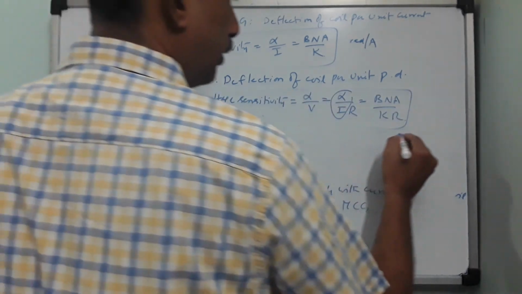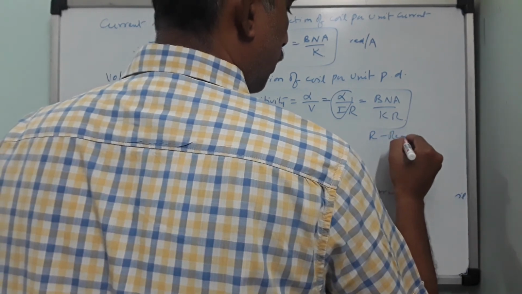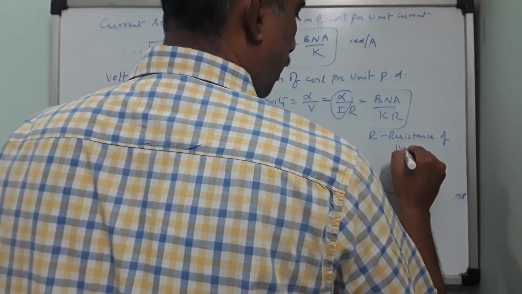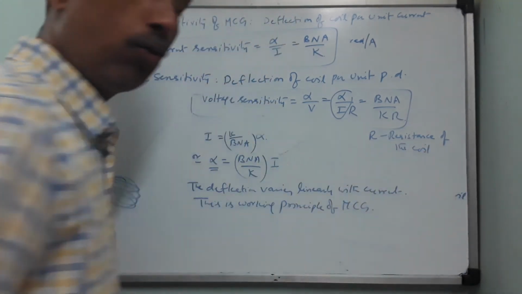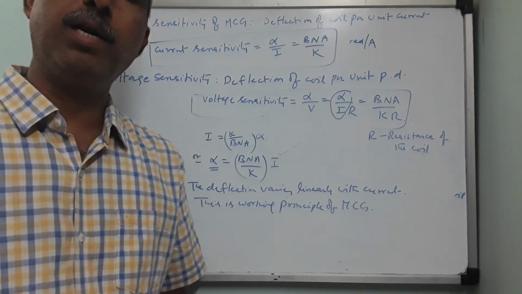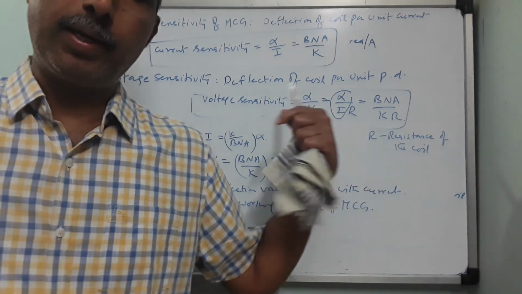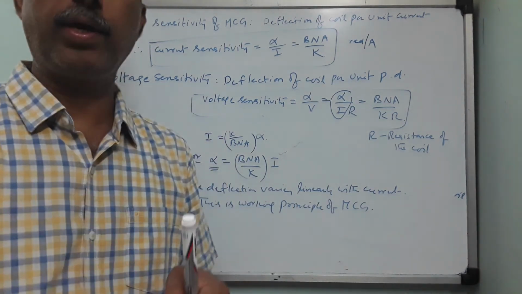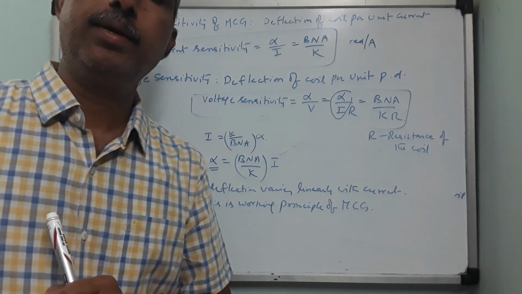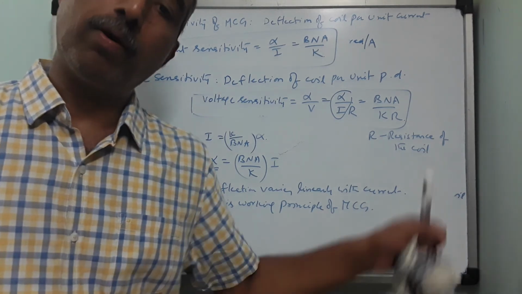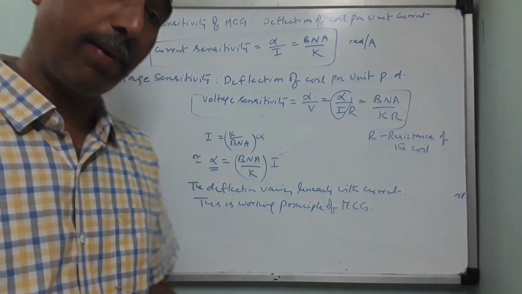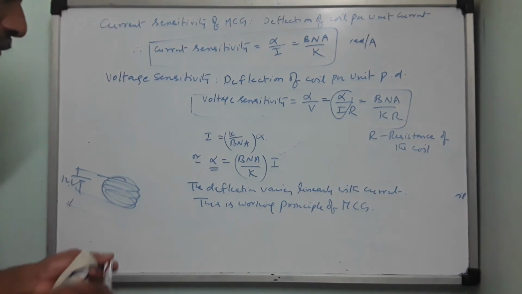What is R here, children? R is nothing but the resistance of the coil. How do we realize the resistance of the coil? Children, the coil is after all made up of a copper wire of a particular length. You are turning it on a soft iron cylinder. So every length of a conductor will have a resistance R equals rho into L by A. If you use a large number of turns, you require a very long wire, so it will offer a large resistance. All these things will matter for sensitivities.